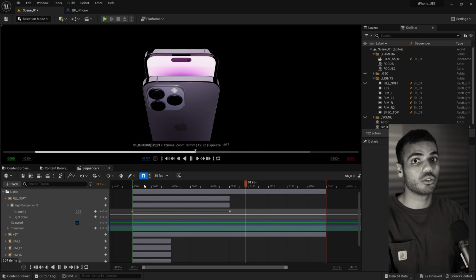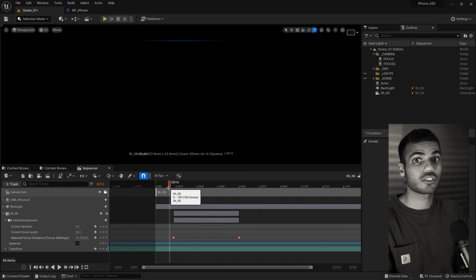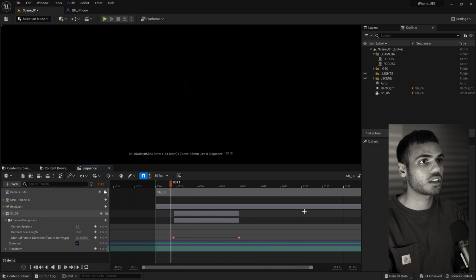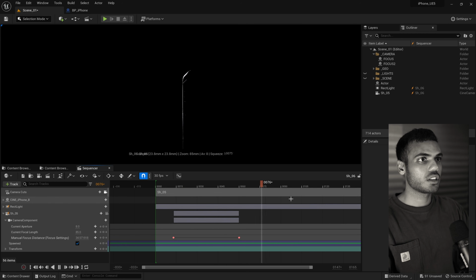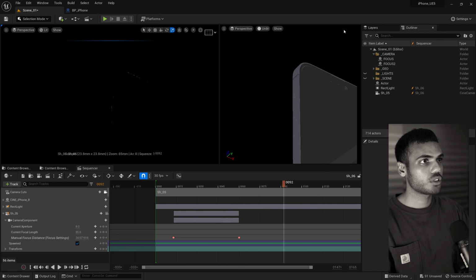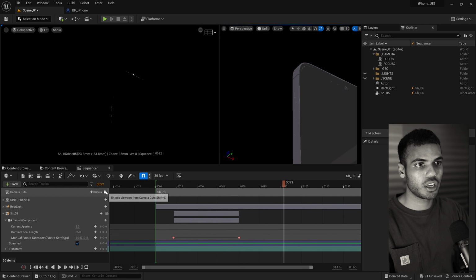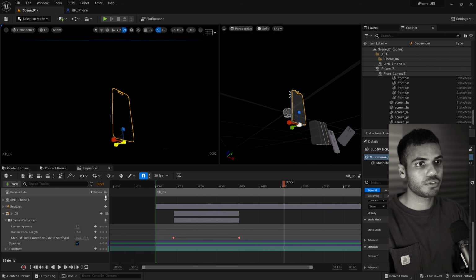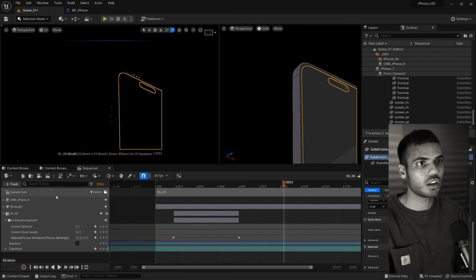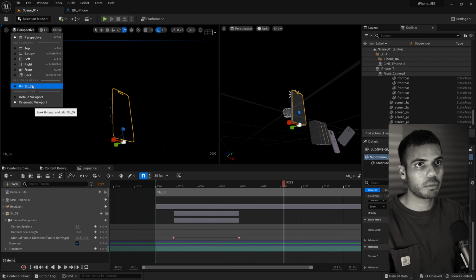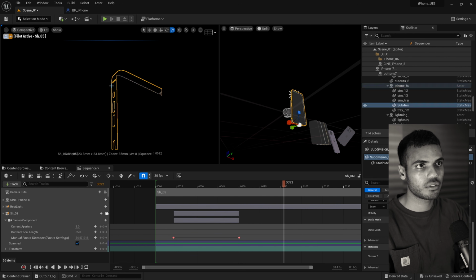Let's jump into another shot that I really enjoyed. So this first shot of the animation is something I really liked as well. You can see it's also very simple. So if I go into my split screen, pressing Shift C to go in and out of my camera cut, and then perspective shot 05.